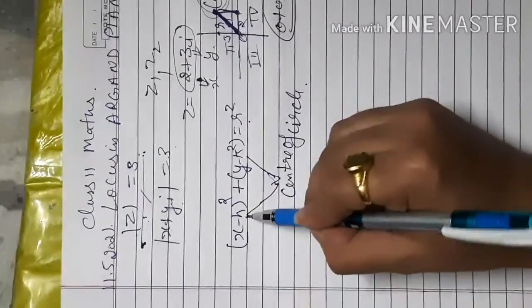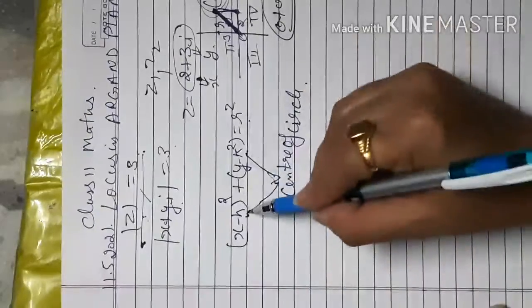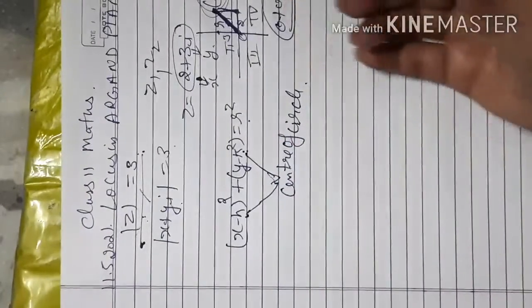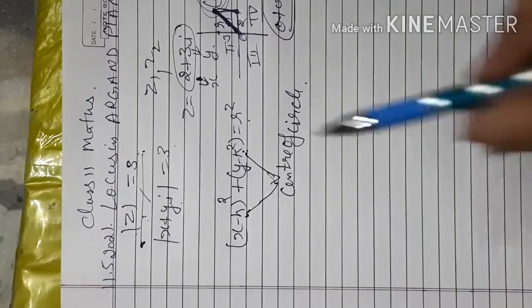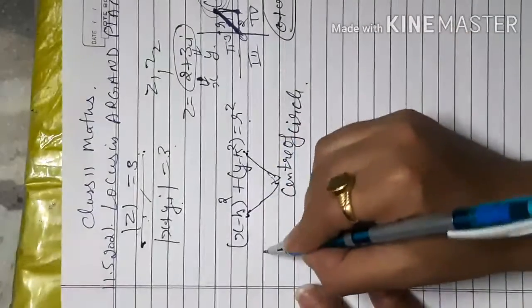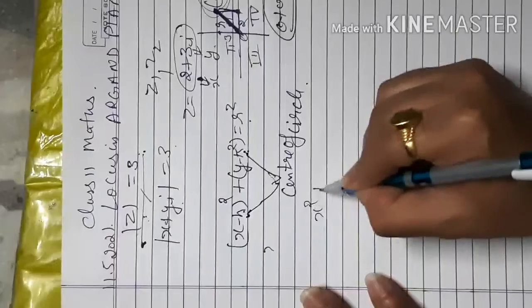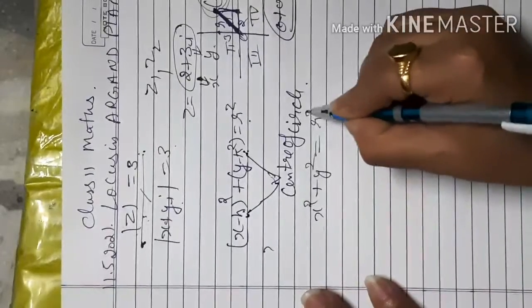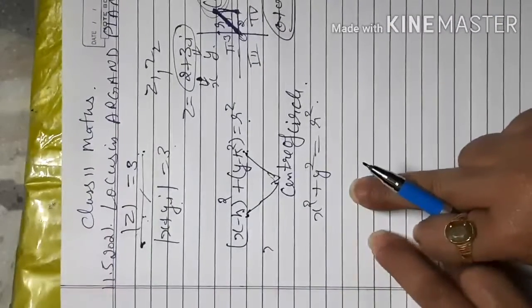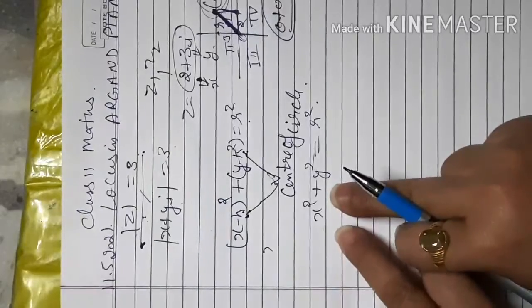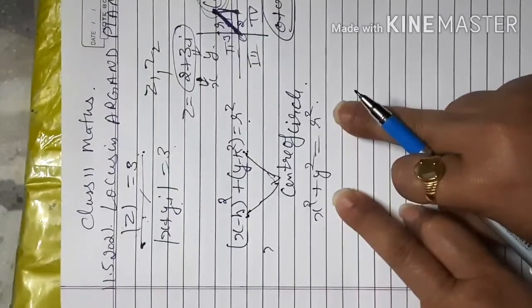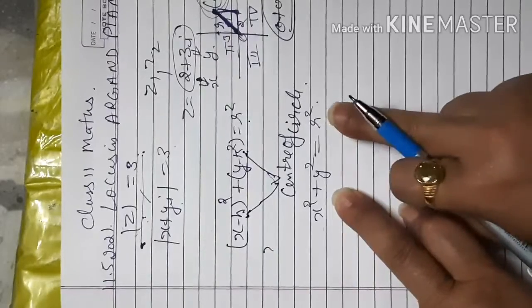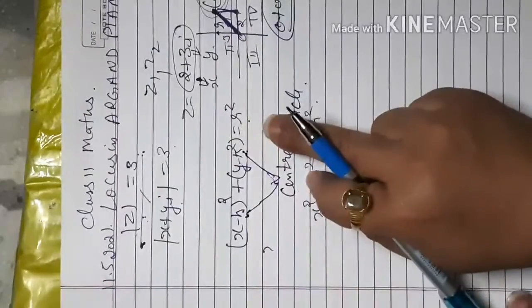If my circle center is (0, 0), that is h, k is 0, 0, automatically my equation will be x square plus y square is equal to r square. So that shows that from the origin, a particular point is at a distance of r. Okay, so this is one form of the equation.